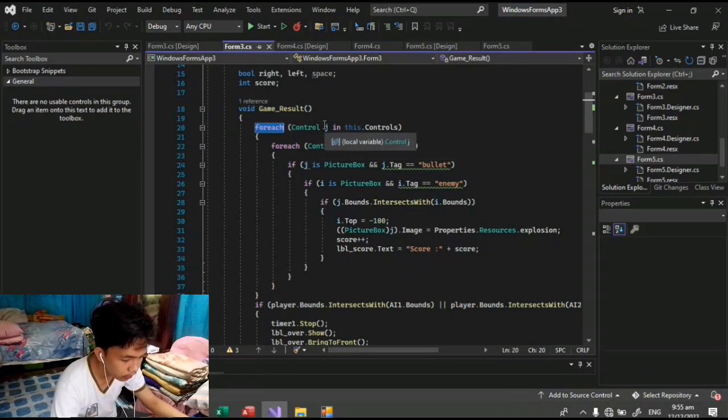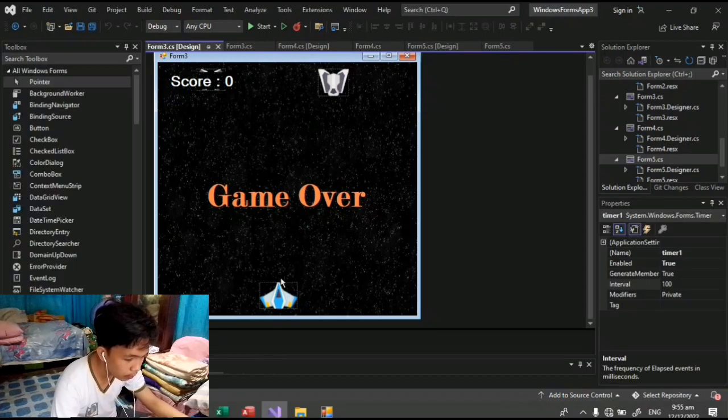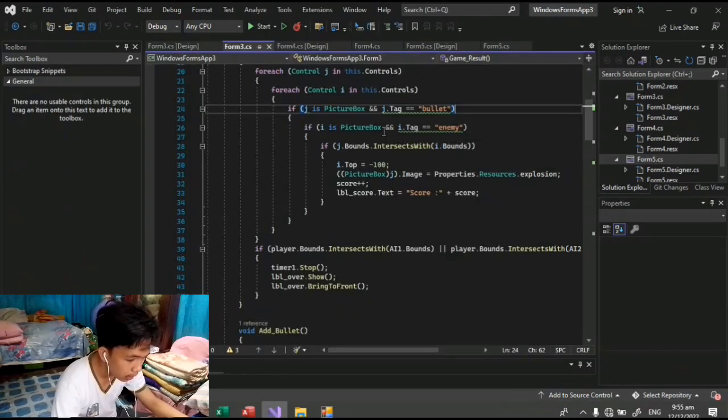So in game result, this is the one that gives all the commands. Also, inside of the void, I use for each, and created the J and I variables. J variable is for bullet and I variable is for enemy. So inside of the for each, the first for each and the second for each,